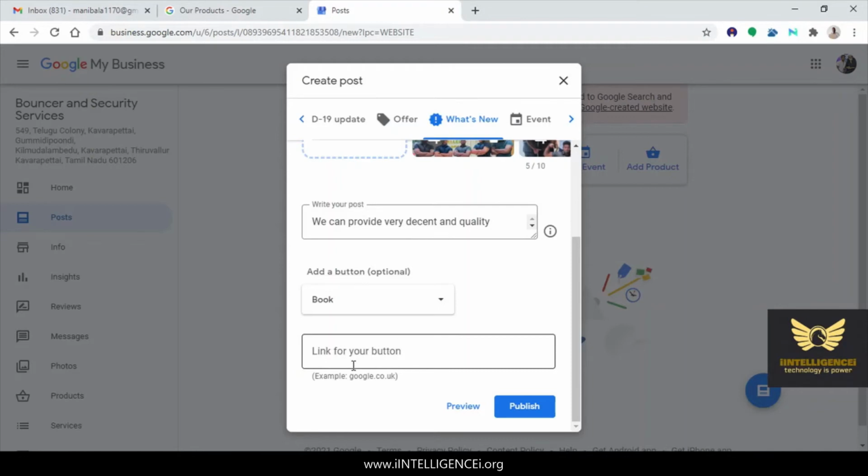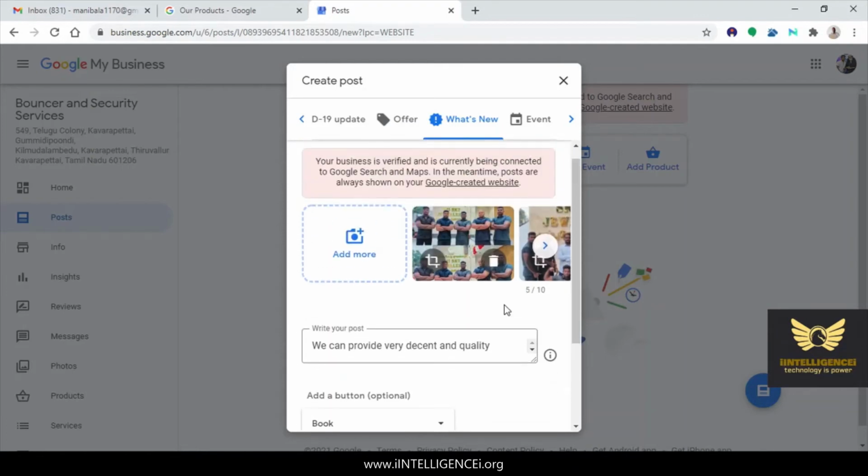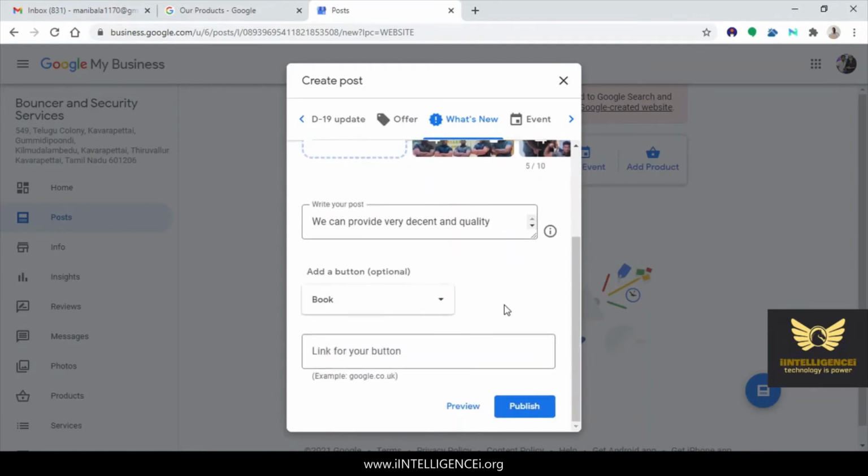If you have an existing payment link, then you can add it here. If not, you can just publish it. No, you have to provide a link, right? So I am copying my own link now. Later on, you can change the link, right?